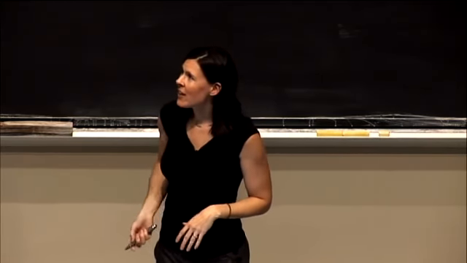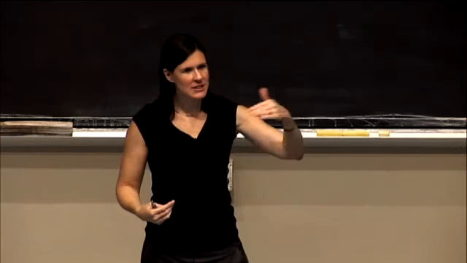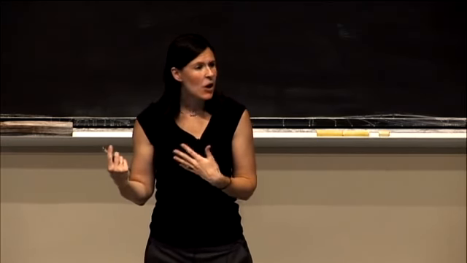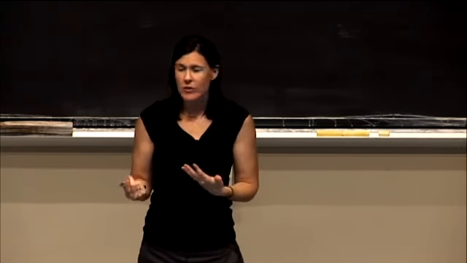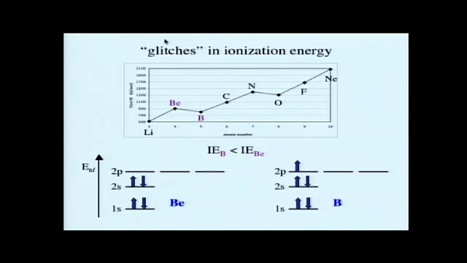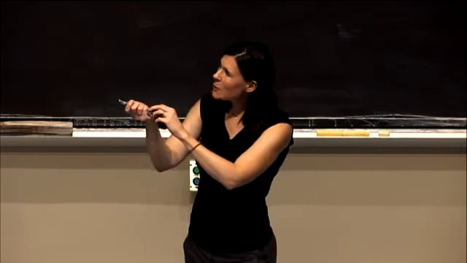So it turns out that in this case, and any time that we see we're going from a 2s to a 2p, filling in of electrons, we actually see that little bit of a glitch in ionization energy. So it's shown here for the second row, but it's actually also going to be true for the third row. The same thing when you're going from filling in the 2s to putting that first electron into the 2p. So that explains one of our glitches here, but we have another glitch, and that second glitch comes between nitrogen